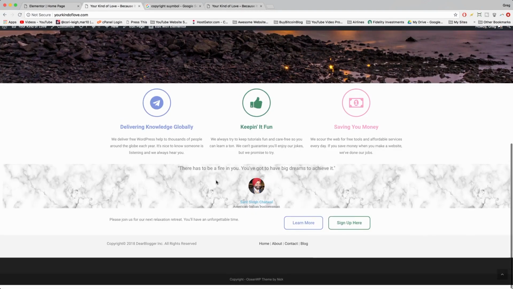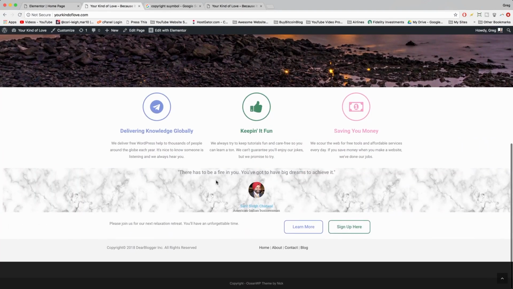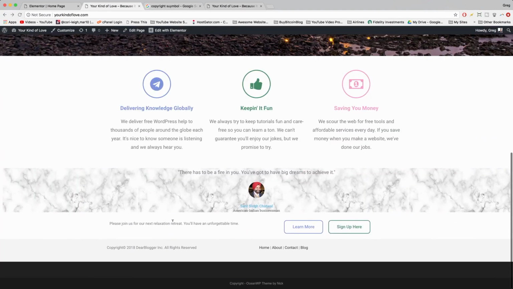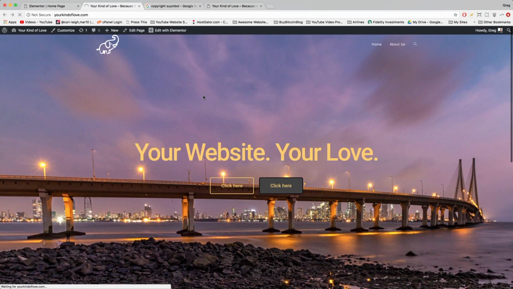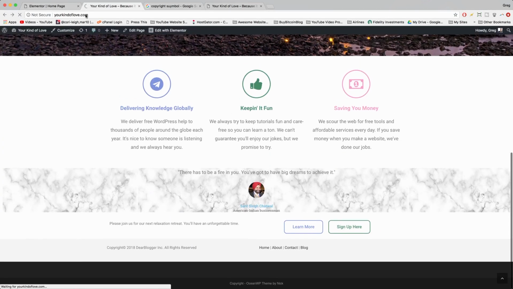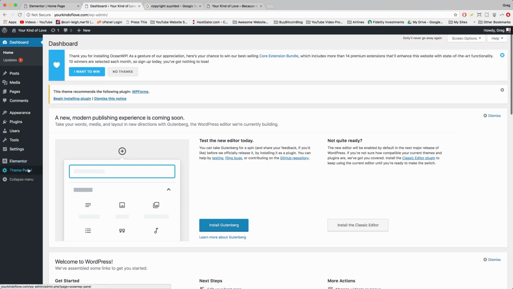Alright, so now let's see the changes we made. Everything's kind of bunched together right now, even though it looks cool. Now if you make some changes like that to your site and you're sure that they should show up, but they just don't, then it might be because the cache on your site or browser is clogged. We can check on the cache in the dashboard, and we can click settings,